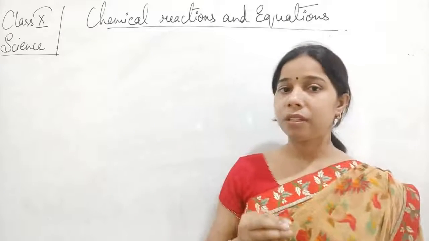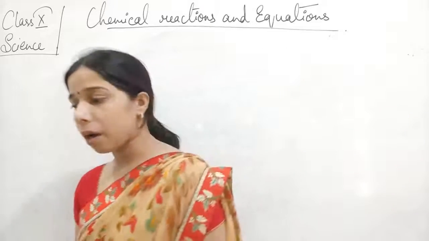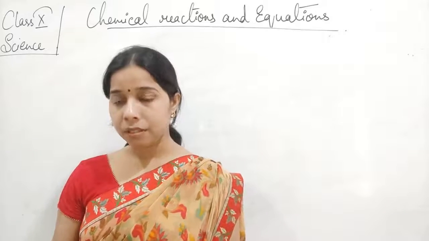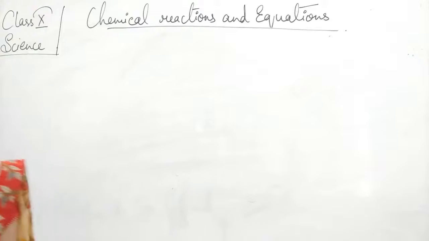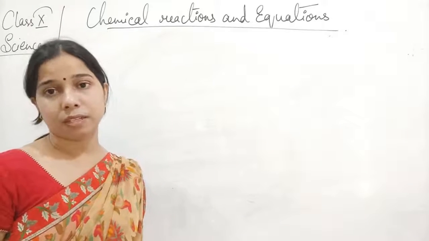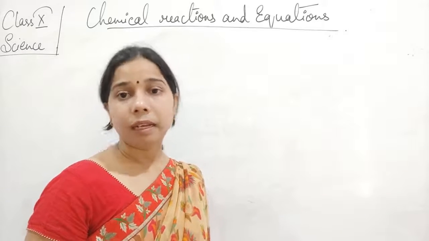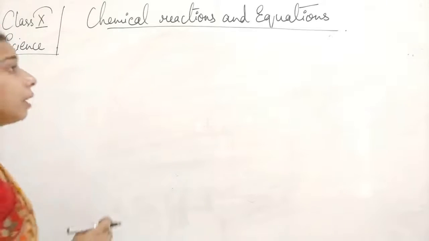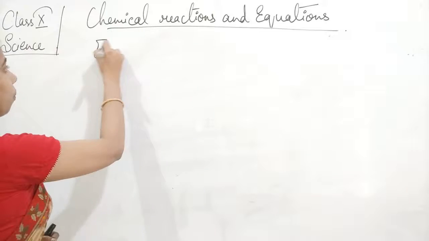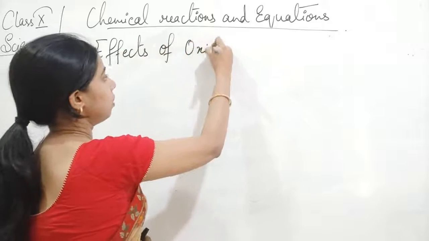Now we have understood this with the help of different examples also. If we talk about oxidation, there are some things which happen because of oxidation, which we call the effects of oxidation, and we can see these effects in our daily life. So let us see what the different effects of oxidation are.